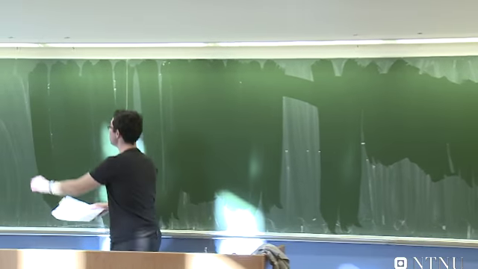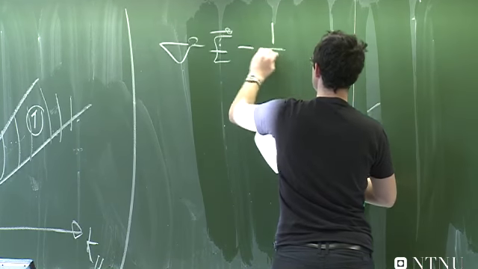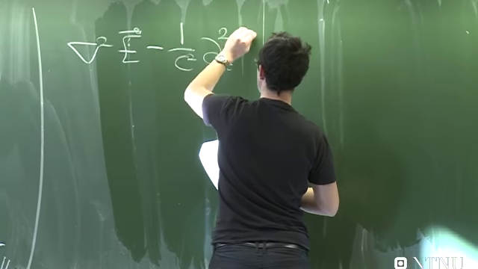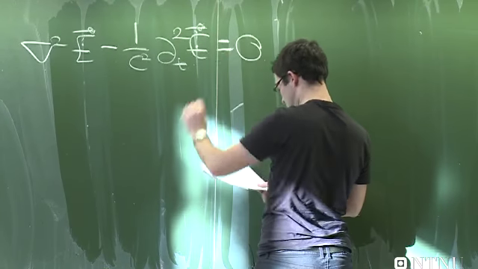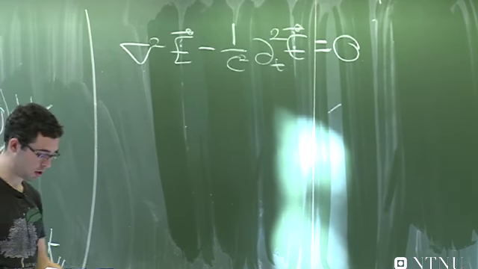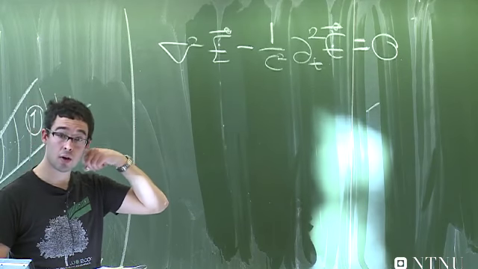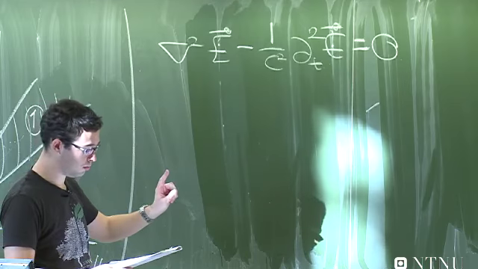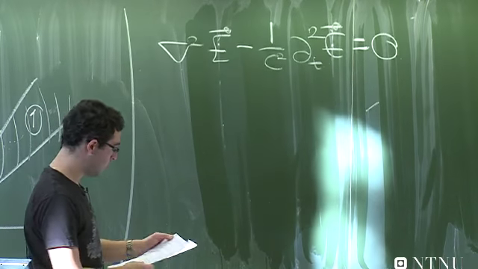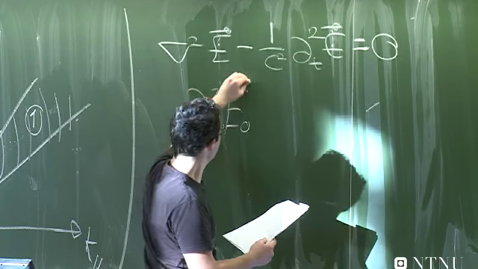The wave equation, you know how that looks. It's simply del square E minus 1 over c square double time derivative of E equal to 0. And it looks exactly the same for the H field. Now if I substitute 1a into the wave equation, I get the following. When I take the derivatives, I will sometimes get down something from the exponential, but the exponential remains, so I can just take that away, and I get that d1 square E naught,